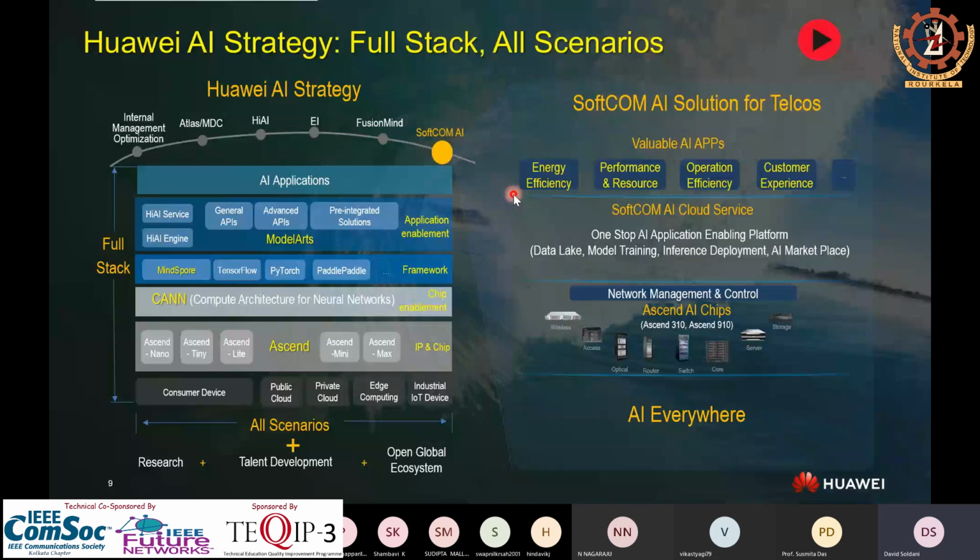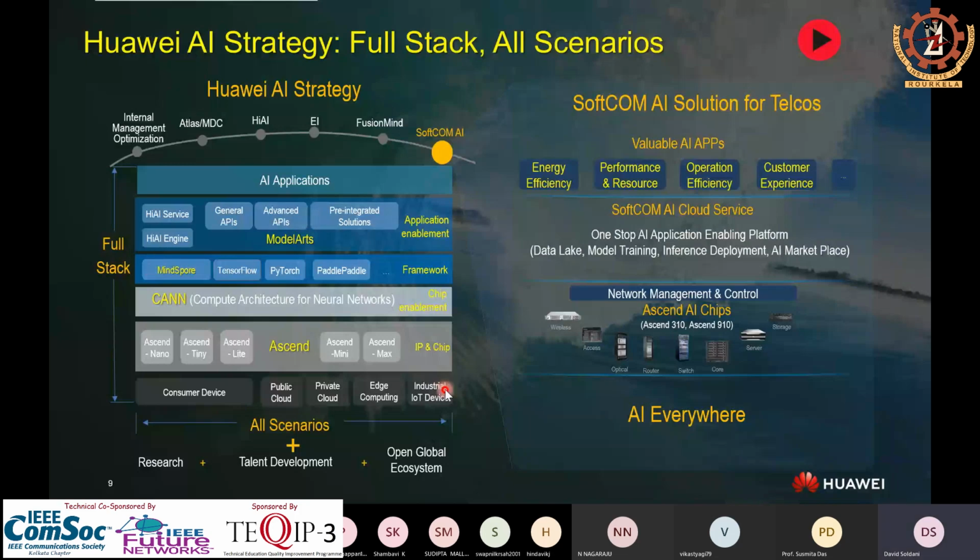No, we want to have a framework and an architecture and a chipset really capable of meeting all possible requirements across all possible scenarios. And we delivered a full stack, which means in practice